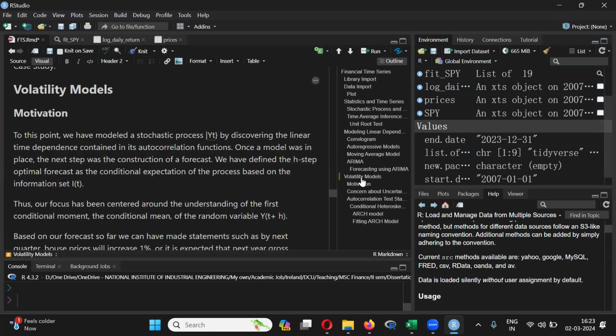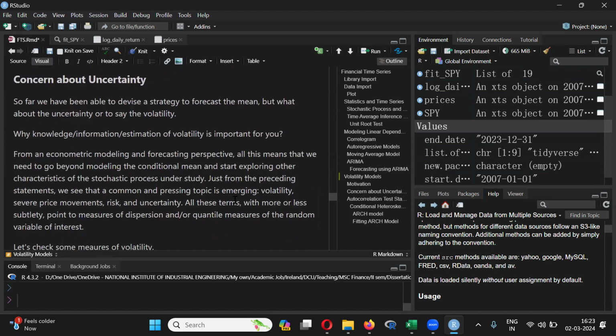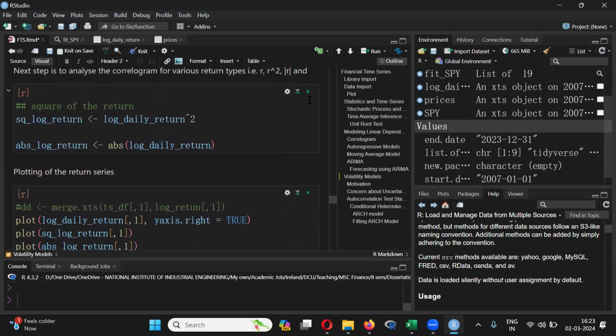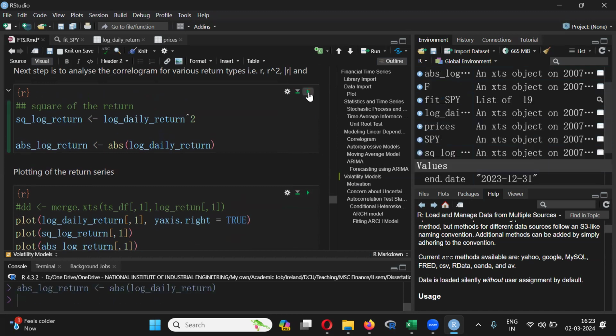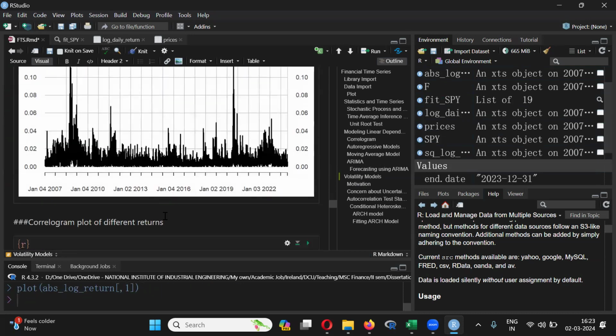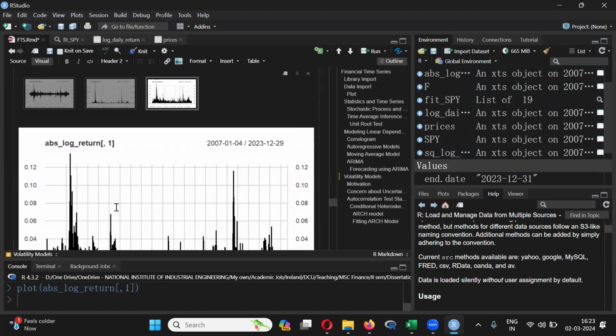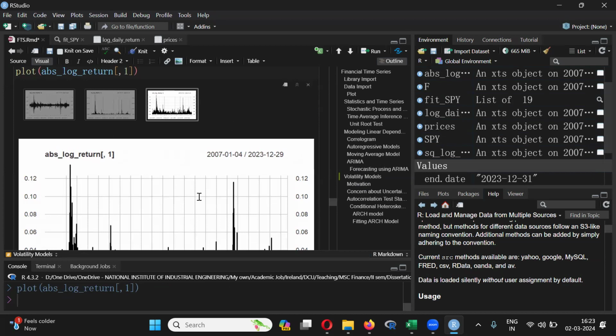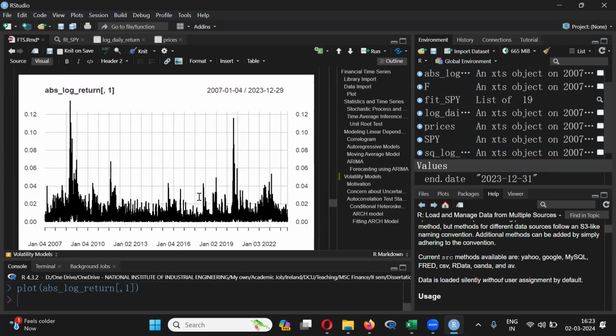Go to volatility models. So motivation and everything is written. He actually tried to work around with, so there are different types of volatility, not just one volatility. He tried to plot some of the volatilities. See, this is the absolute log return and this is, you can say, the squared return. What he saw, and what's important in this plot, is that if you have a time period of high volatility, all of a sudden you don't have low volatility,